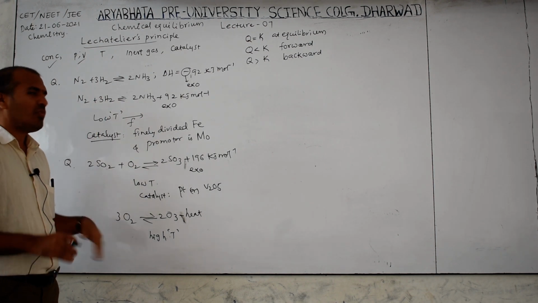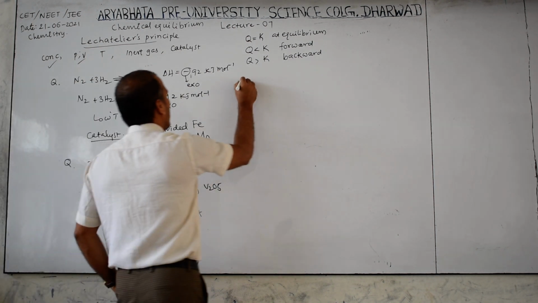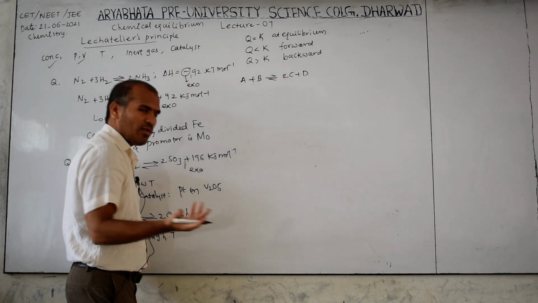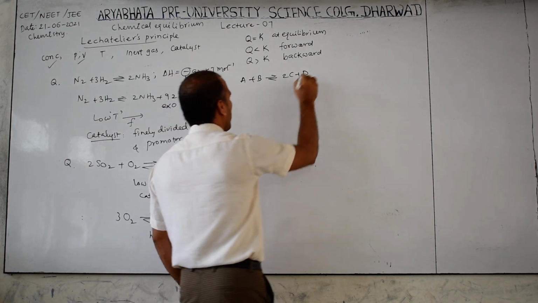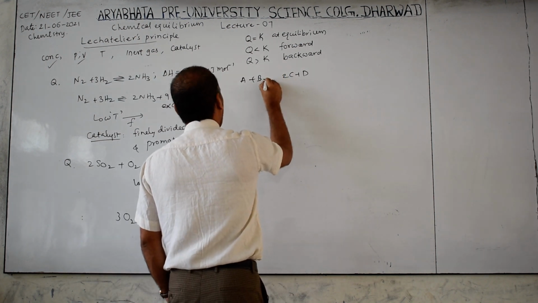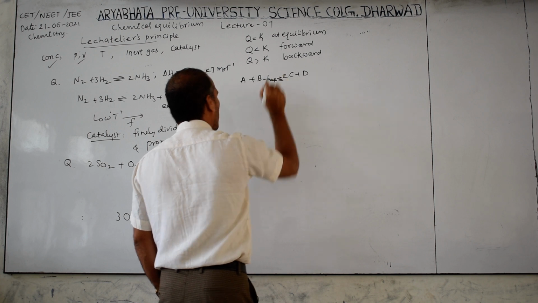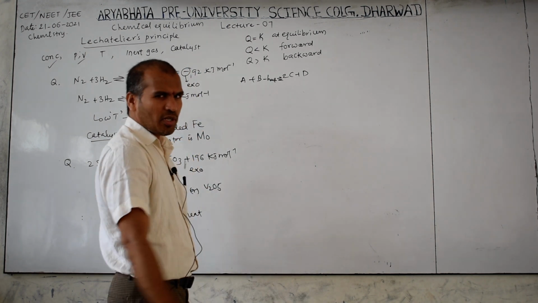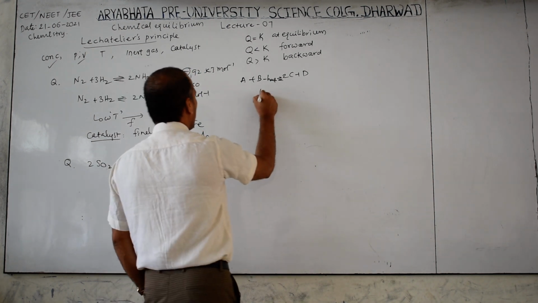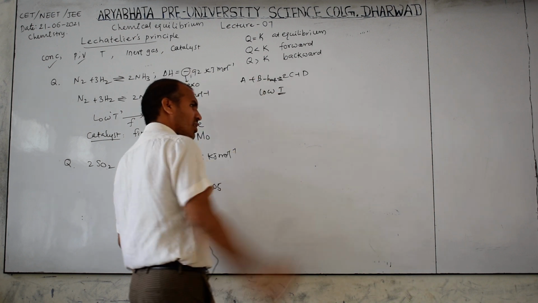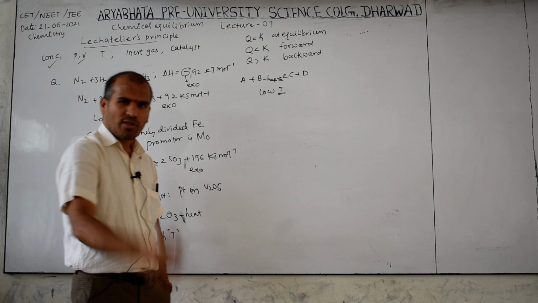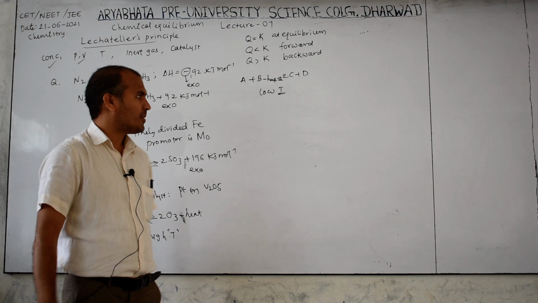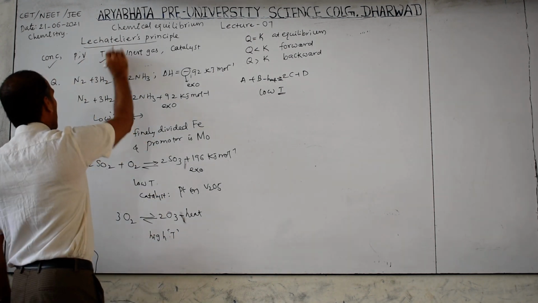Otherwise, if it is not given in this form, they may give it like A plus B gives rise to 2C plus D. Whatever the stoichiometric coefficient is, it depends on that. Now I will write minus heat on the left side. If it goes to the right side, it becomes plus. Plus means this reaction is exothermic. For this exothermic reaction, low temperature is favorable for the forward direction. I am always speaking about the forward direction. In examination they will ask the backward direction also, then it is opposite. So the temperature part is also completed.